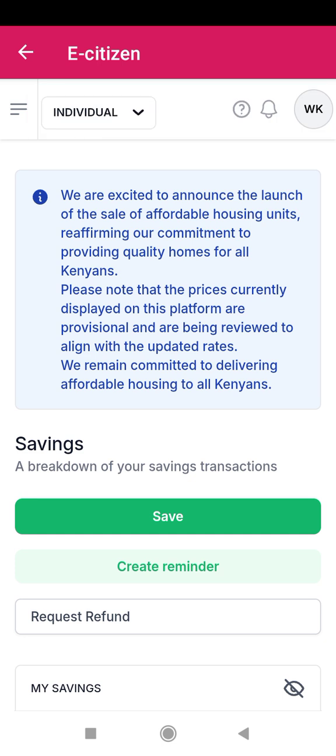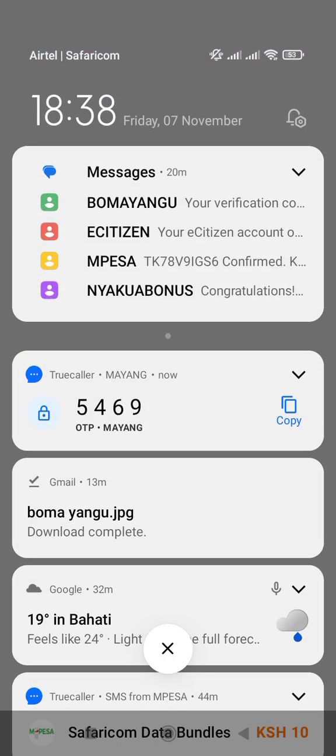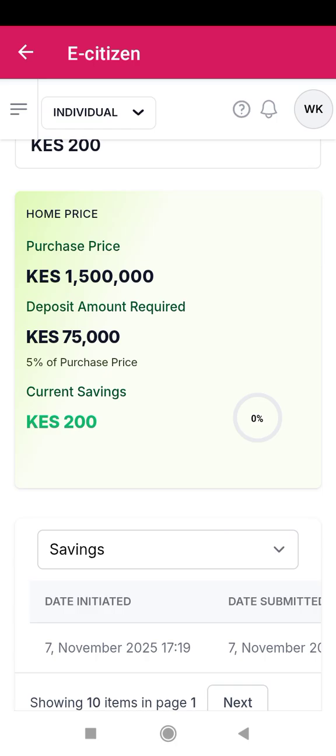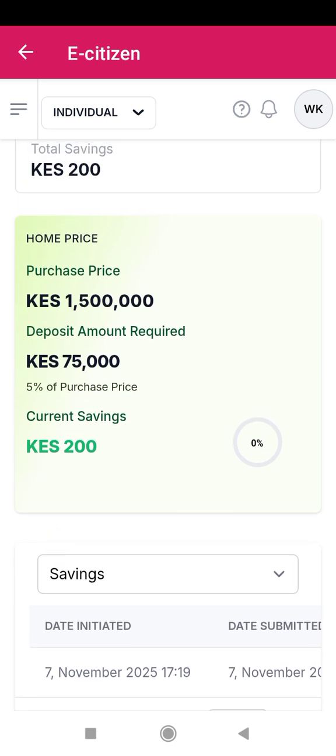So you can see it up there, request refund has been verified. I haven't yet received the money. I hope it will process maybe today or tomorrow. Today is a Friday, it's about 18:38, so it's not working hours. I hope by Monday I will receive the refund, and still the 200 is not much, so I'm not going to lose much. For example, if you had deposited almost half of this, maybe that's all 40,000, so